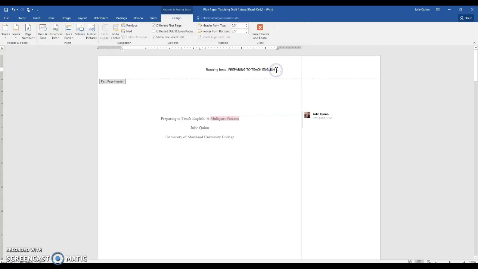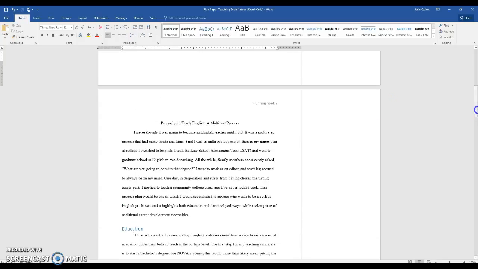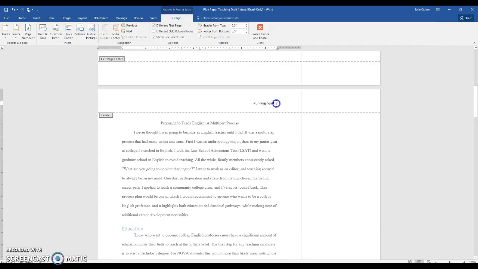And of course, the formatting for APA would be something like this, with a running head, and that's in all caps. Again, in your draft it doesn't really matter so much, but I want to show you what it looks like just so you're building up confidence. And of course, you don't have a running head on page 2, so this would be